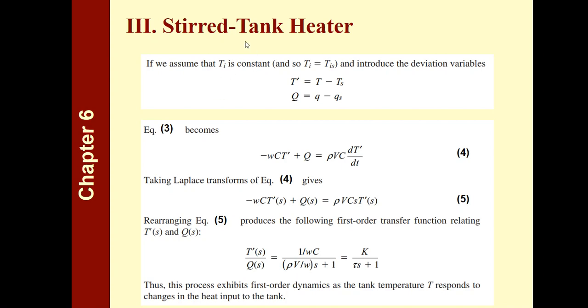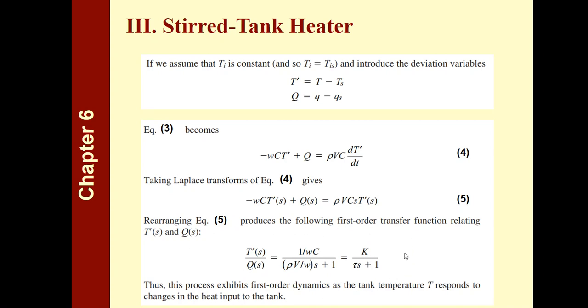If we want to do it the other way around, wherein it's T sub I that's going to change and Q will be the one that is fixed, then we will have a different transfer function. It will be a transfer function wherein the outlet temperature is related to the changes in the inlet temperature, because we have assumed that the amount of heat supplied by the heater to our system is constant. So from equation 5, wherein we have already taken the Laplace transform of 4, after rearranging terms, we will have a transfer function for our heater,